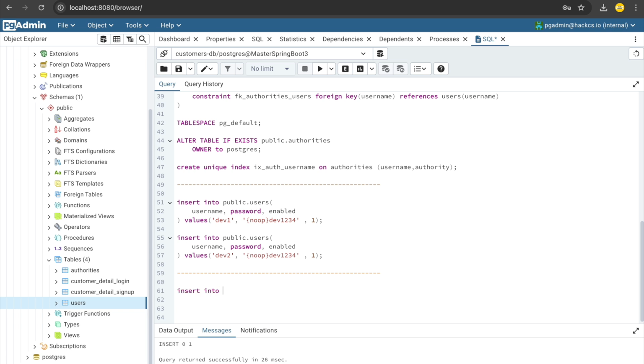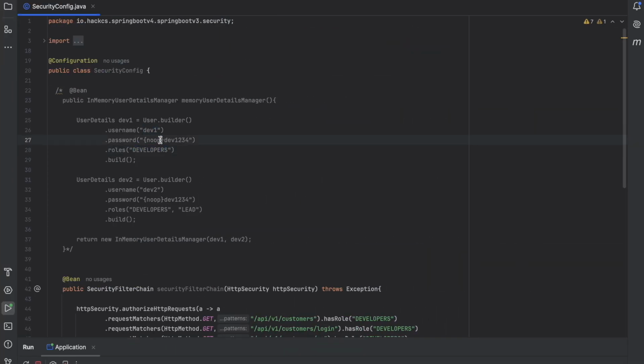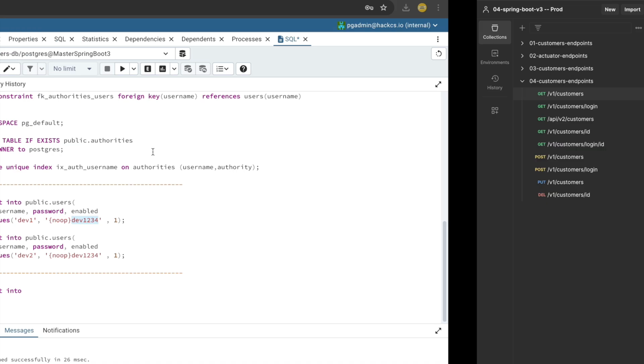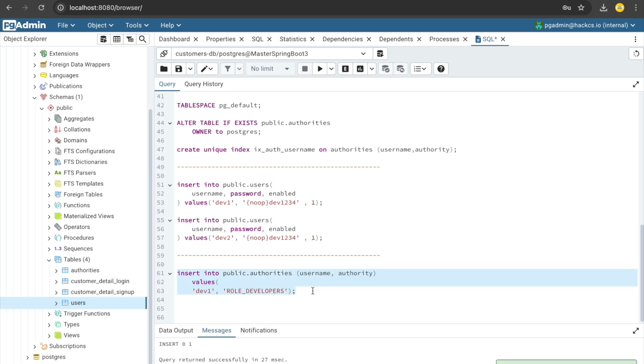Insert into, because we have only provided username and our password, whereas we need username, password, and we also need role information. Role will be stored in authorities table. Insert into public authorities, and the values will be perfect. Now and dev2 is